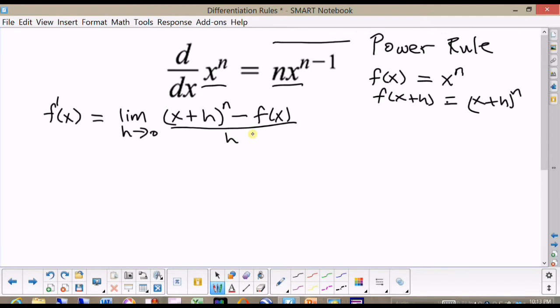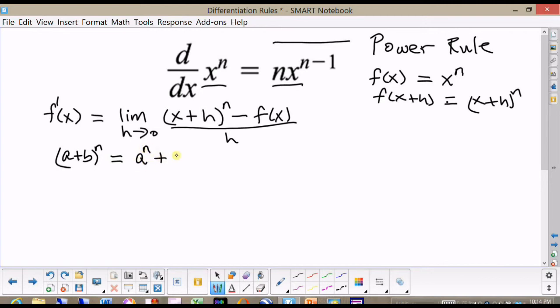Now, to prove this, we're going to use the binomial theorem. I'm not going to go over the binomial theorem extensively with you. Some of you have seen it. I'm just going to use the results of it. You may recall that if you have a plus b to the nth, and you've done this obviously for n equal 1, n equal 2, and n equal 3, and possibly even n equal 4, you could just multiply it all out. But the binomial theorem says that this can be written as a to the n